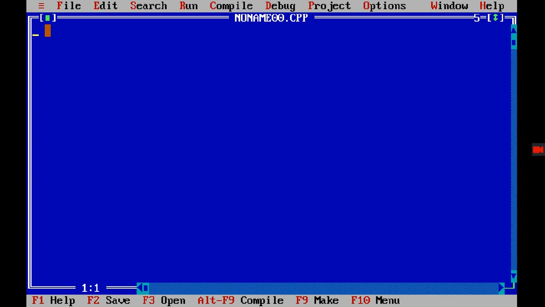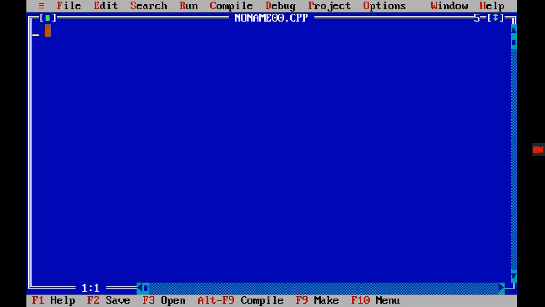Hello everyone. In this video lecture we are going to study how to implement stack data structure using an array in Turbo C compiler. First of all we need to understand what is a stack data structure, and I think that you have already gone through it. Stack is a last in first out data structure, so whatever element we inserted first is the first one to be removed, right? So we are going to implement that using C language.